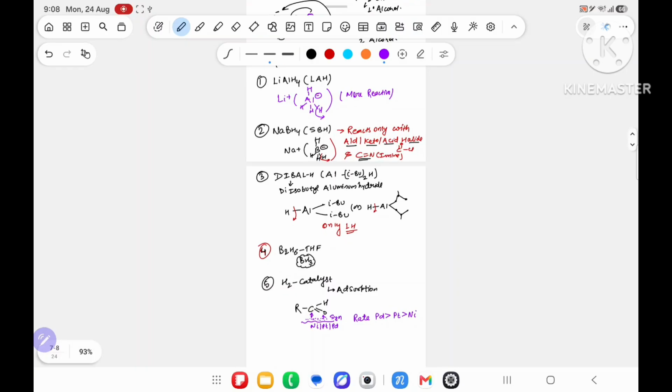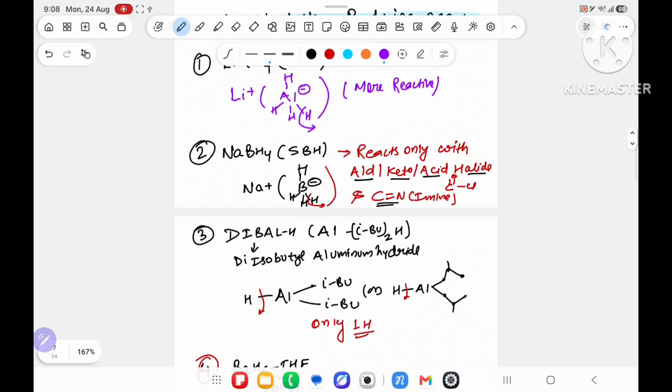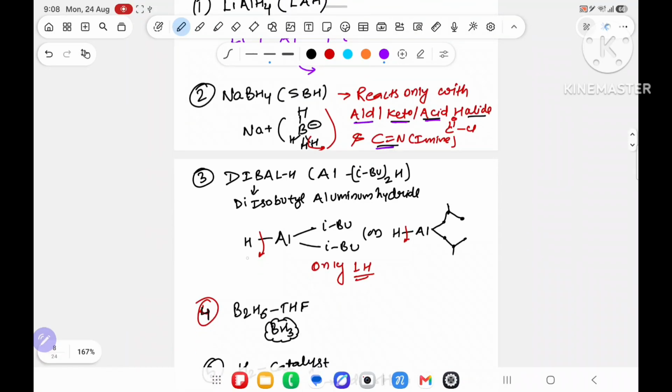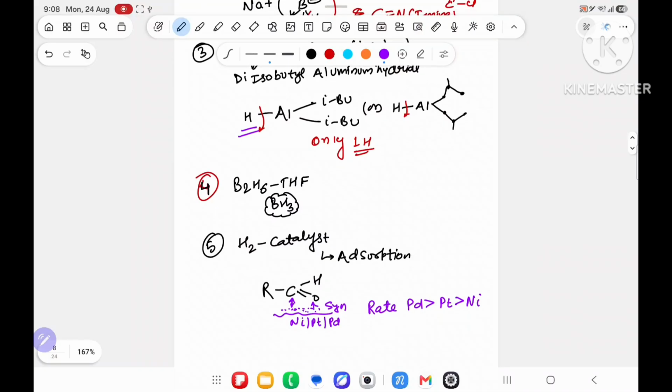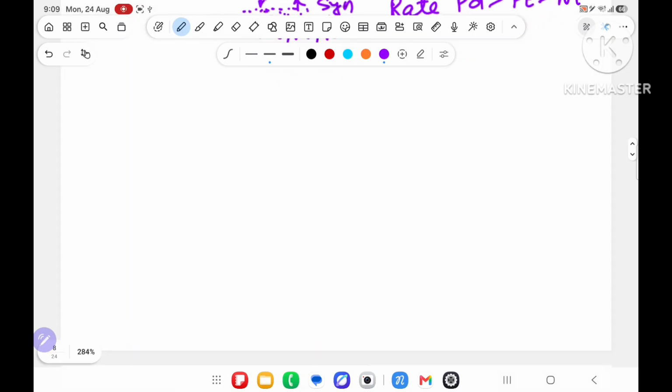In that, LiAlH4 is very reactive. NaBH4 will only react with this 4, and DIBAL-H has only one hydrogen, and the remaining 2 is B2H6 with THF, and H2 with catalyst. Understood? Now on this basis I am going to do some questions, then we will go with the further topic. Suppose the first question I have taken,